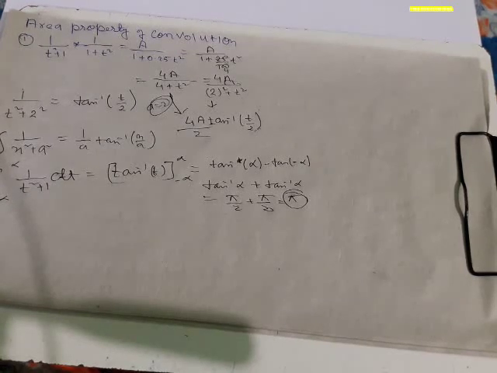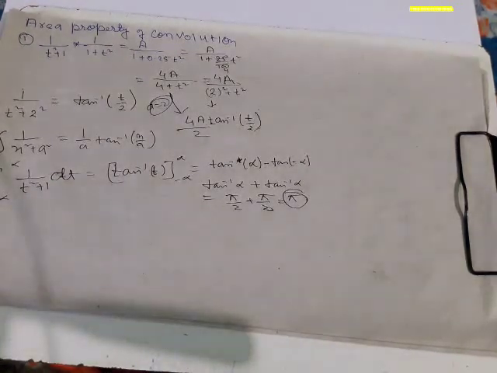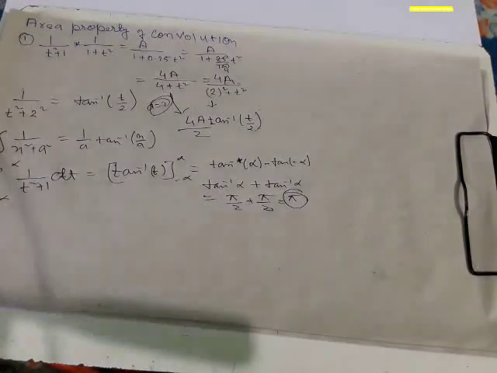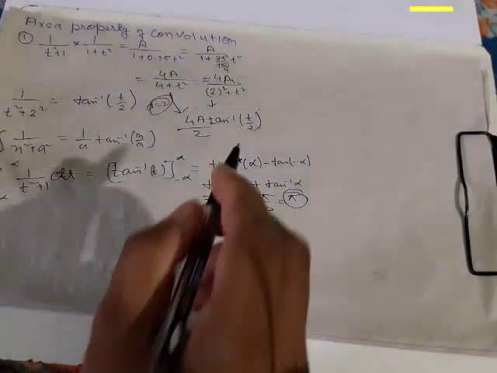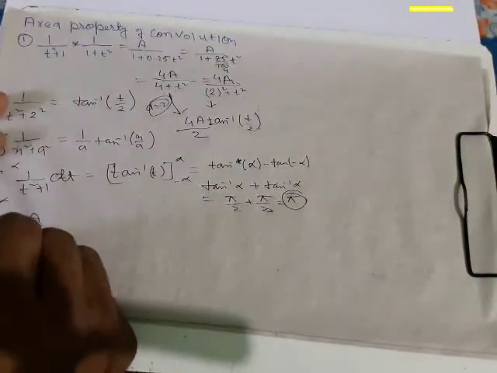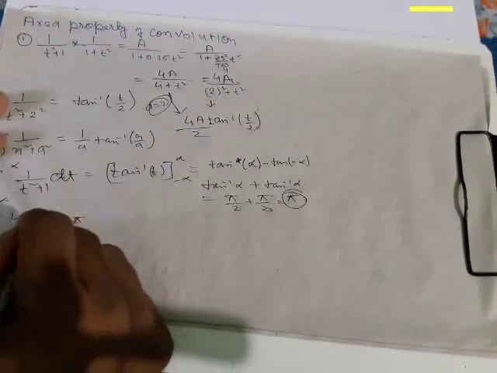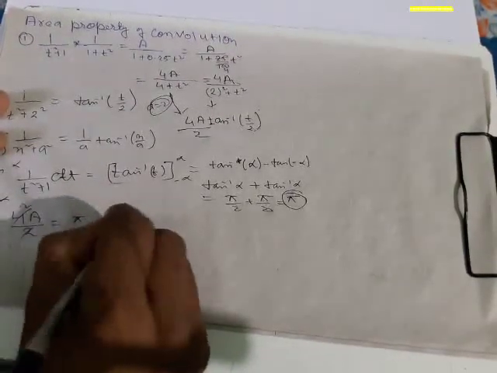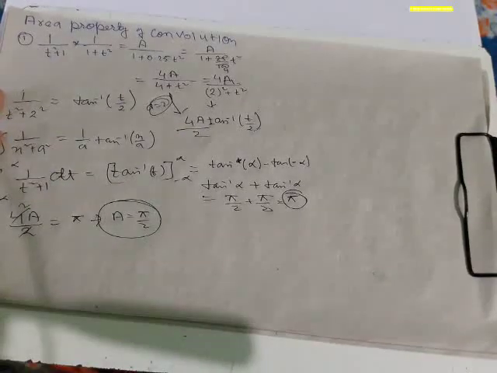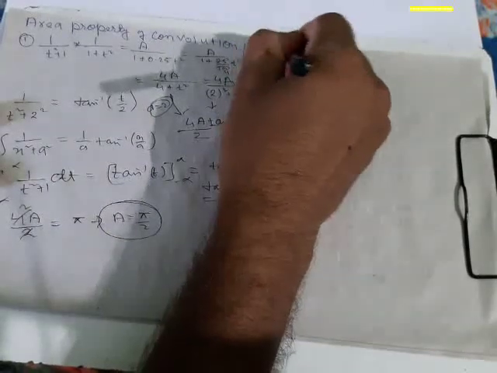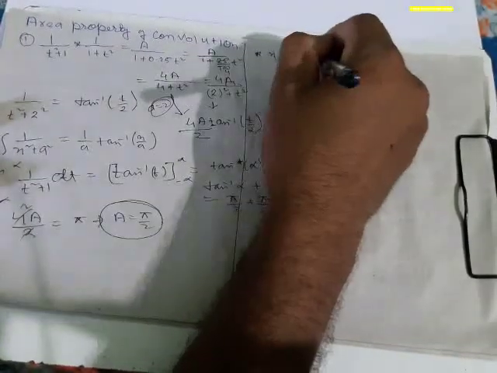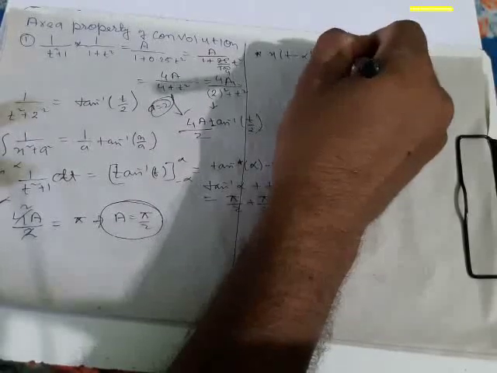Okay, one thing I would just like to say is that when u of t convolved with u of t, it is nothing but r of t, and that is nothing but t into u of t. Because if we take the Laplace transform, 1 by s into 1 by s is 1 by s square, and if we take the inverse Laplace transform of 1 by s square, we get r of t, so it will be r of t. Okay,